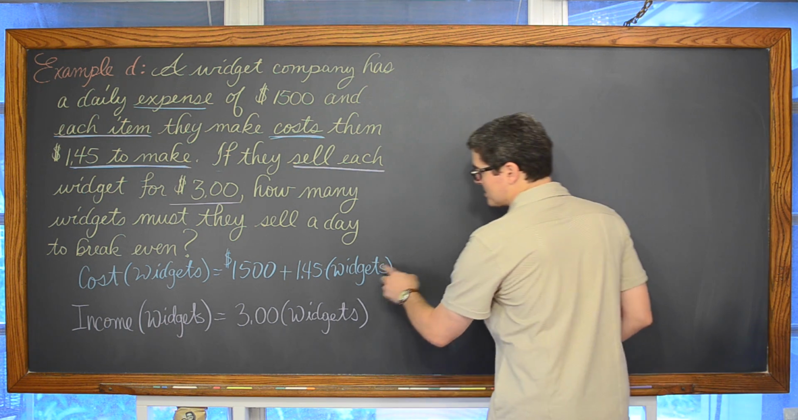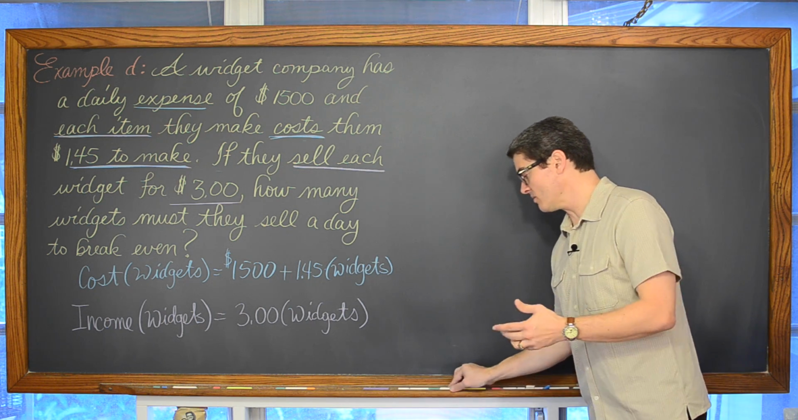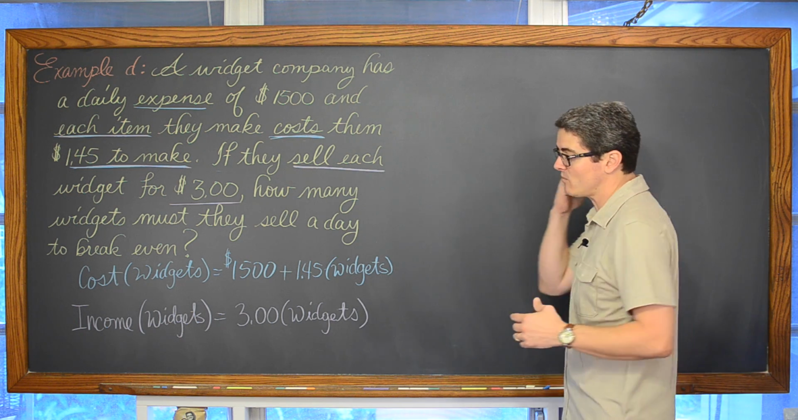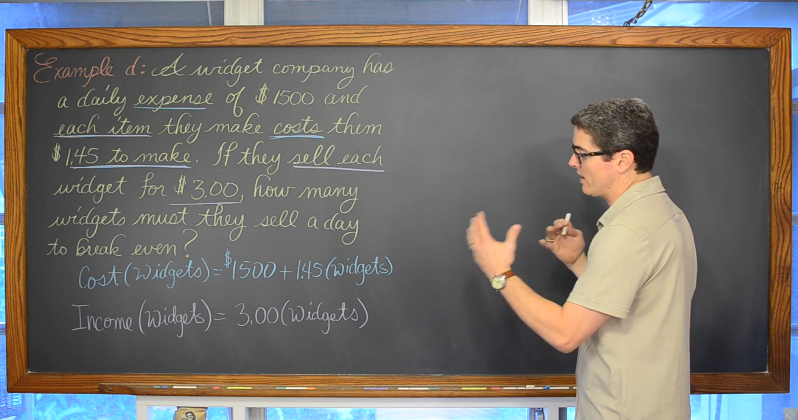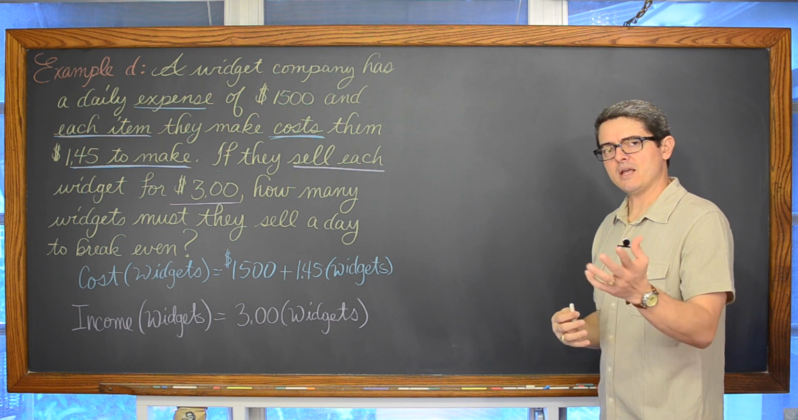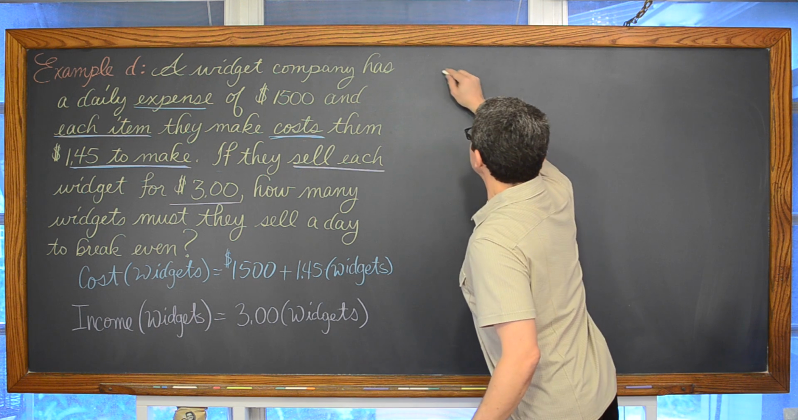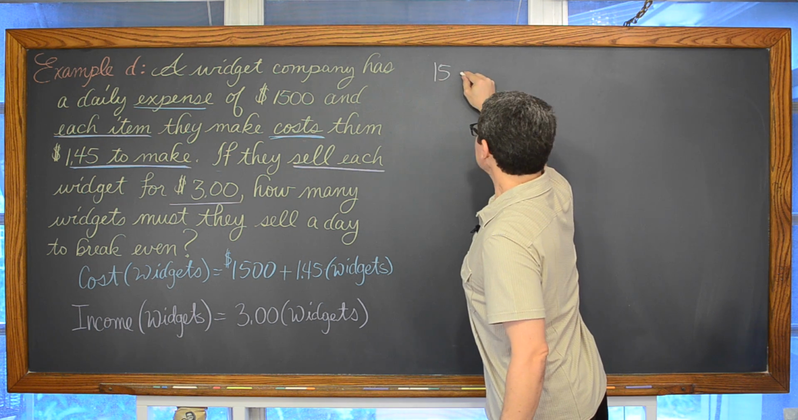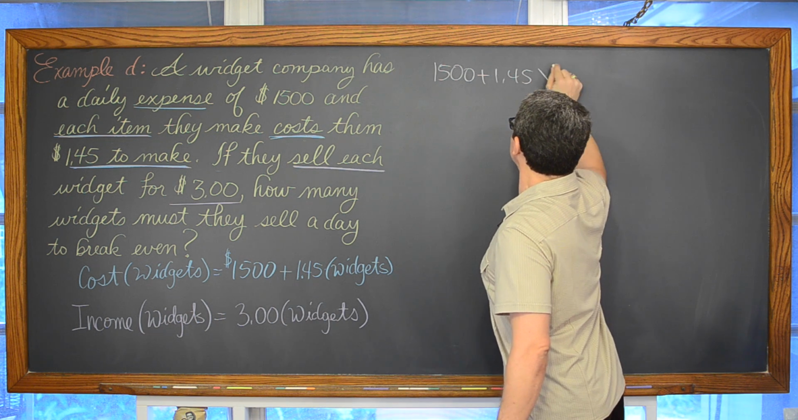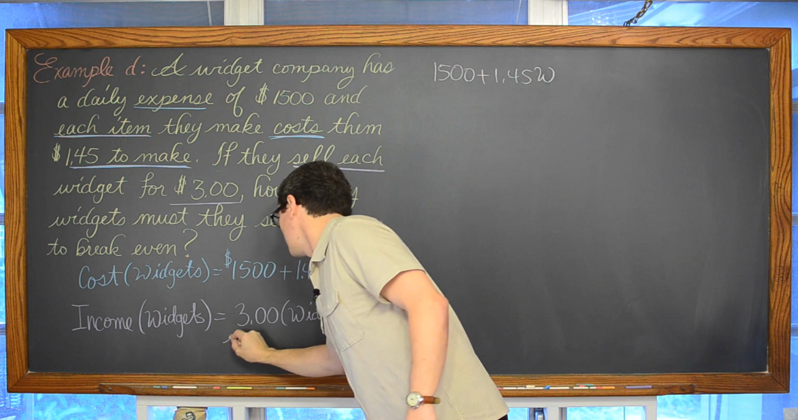Where does the cost equal the income? I want to be able to subtract them and get a value of 0. I don't want to lose money. Making money would be great. I'll hopefully sell more widgets, but where's the break-even point? Where does cost equal the income? Well, by saying that, I'm actually telling us how to set up the problem. Where does the cost, 1,500 plus 1.45, and let's call it W for widgets,